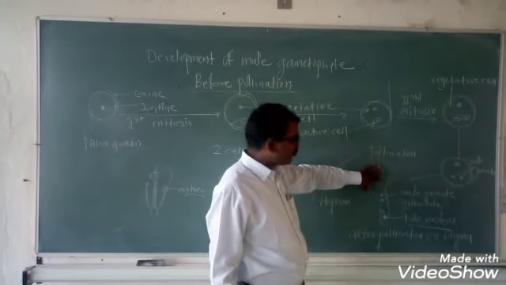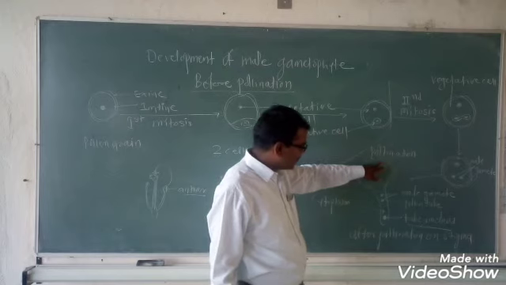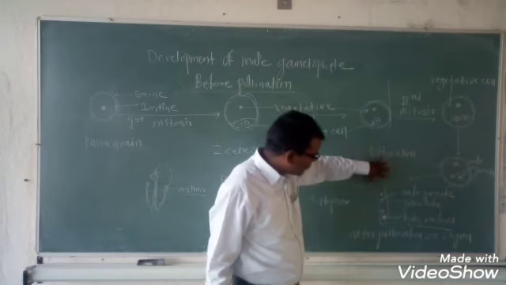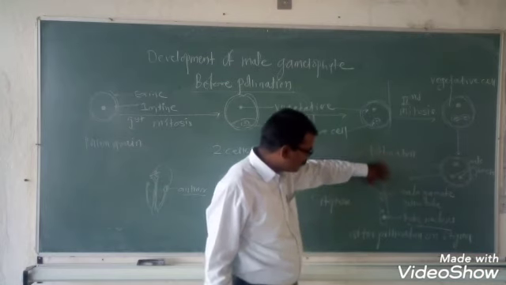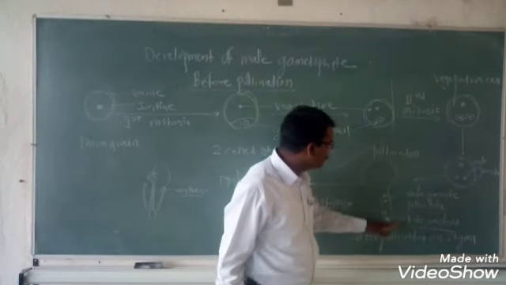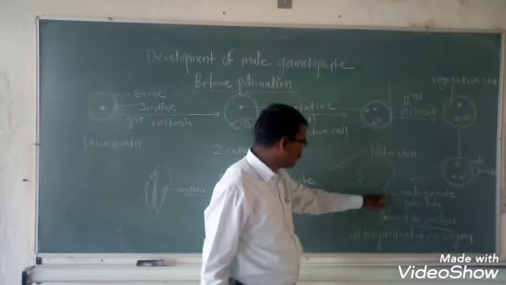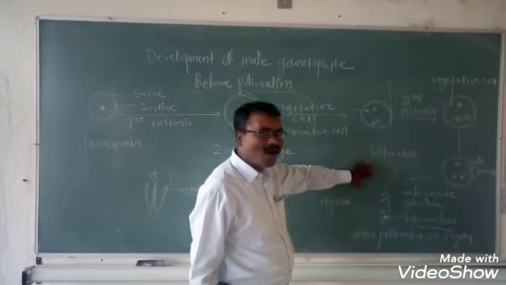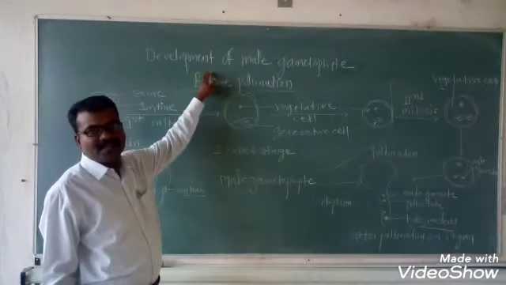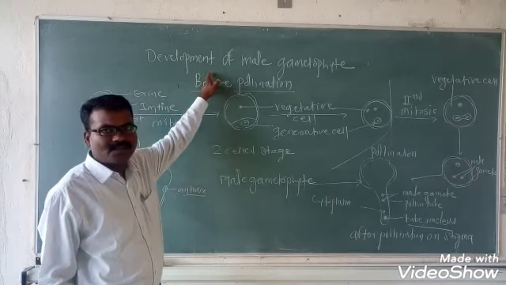The male gametophyte consists of exine. This is the intine. The pollen tube develops from the intine and grows outside through the germ pore, along with 2 male gametes and the tube nucleus, along with cytoplasm. This is all about the development of the male gametophyte. Okay, thank you.